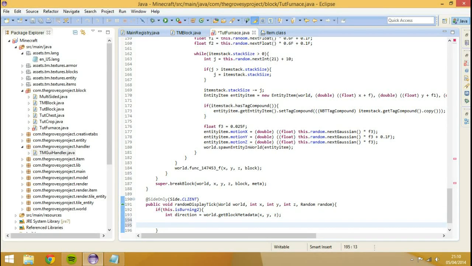Then we need to create a float double x because x is already taken, and we'll set this equal to a float, which will be our x coordinate. So this is when it's burning, so it gives it a little bit of an animation rather than just spawning. 0.5 is its speed. Y, we also need to set equal to a float,